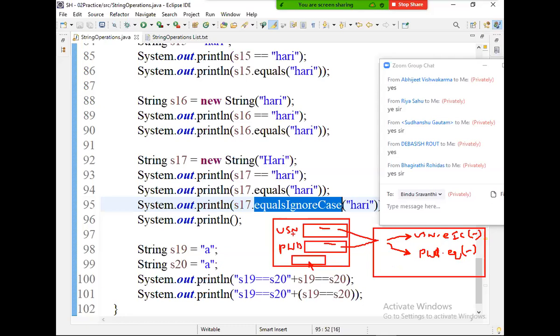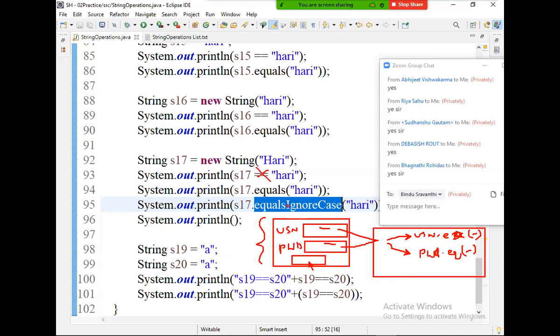Understand the scenario? All these methods are related to the login form only. If on the government side the username is also case sensitive, then use the equals method. 99% of the time username is not case sensitive. If at all it is case sensitive, then use the equals method only. Don't use the double equal to operator.